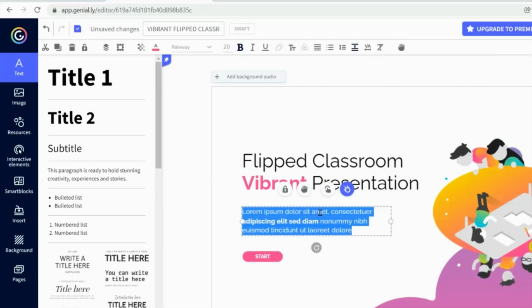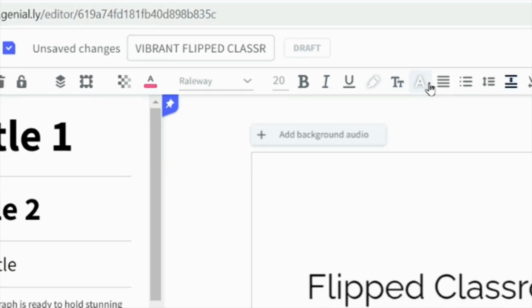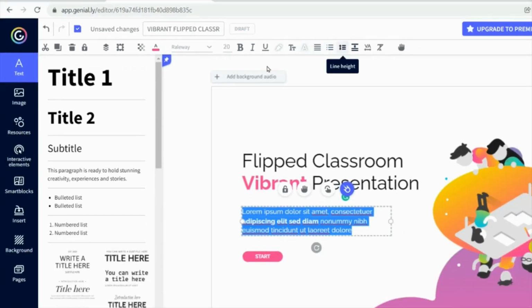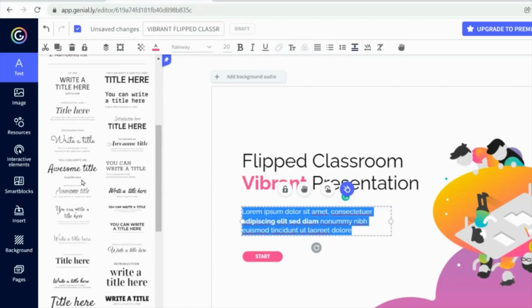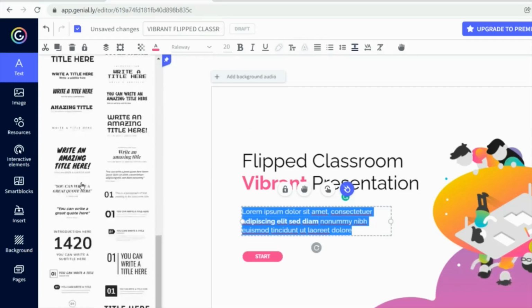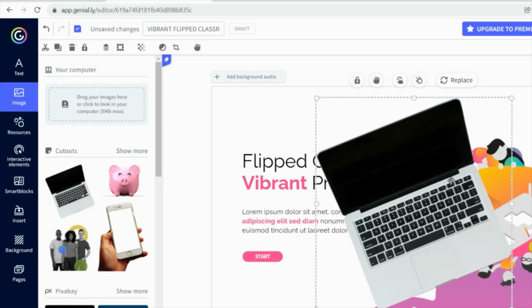Once you click this box, you can get the entire toolbar options. Everything is available: font size, text size and alignments. You can get different types of text with the use of different fonts. If you want to insert any image, you can also add an image. For example, let me add this image.